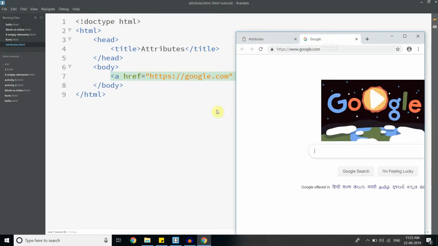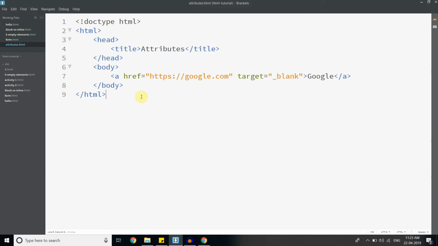So in HTML we can have multiple attributes on an element. Here we have two attributes now, href here and target here. There are points that you have to remember. I'll talk about that a bit later, but to help you understand